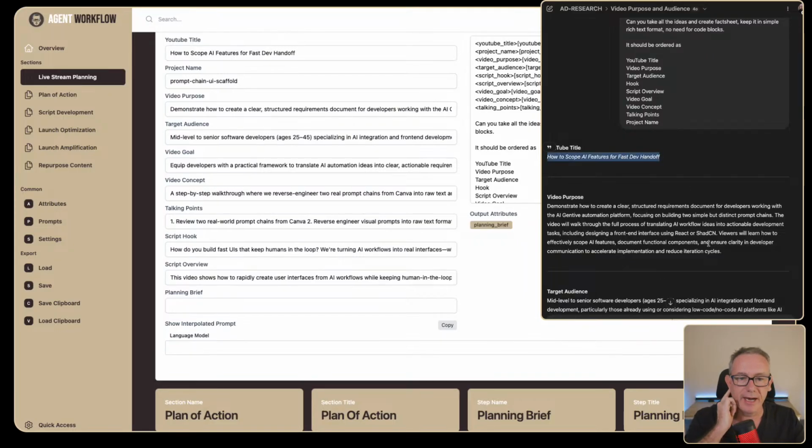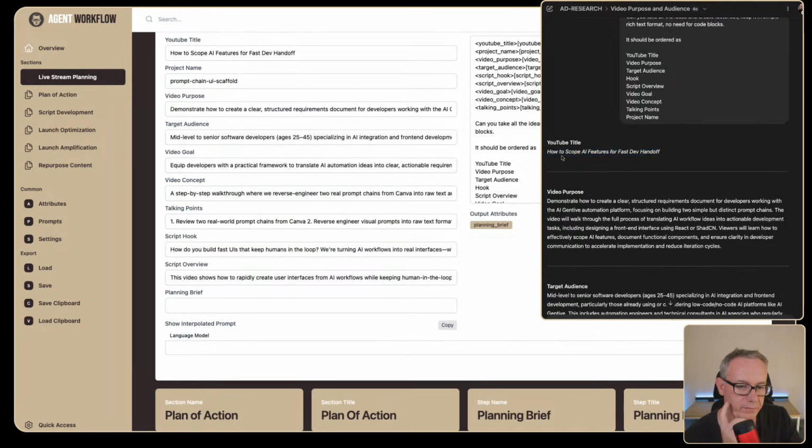How to scope AI features for fast developer handoff. Okay. I need an improvement on that. It's really about how to scope AI workflows to a micro app for fast developer handoff.